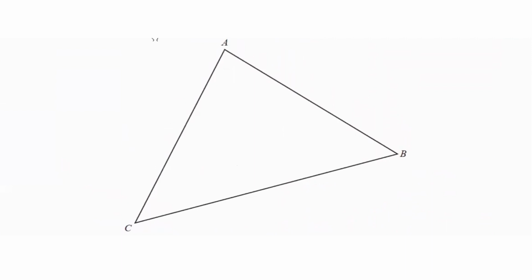To construct the perpendicular bisector of AC, first you'll measure the length of AC. Let's say the length is 8 centimeters. I'm just going to assume that. So what you will do is you will open your compass to more than half of the length, let's say 5 centimeters. Open the compass to 5 centimeters. Then you put your compass at C and you draw an arc above and below the line,